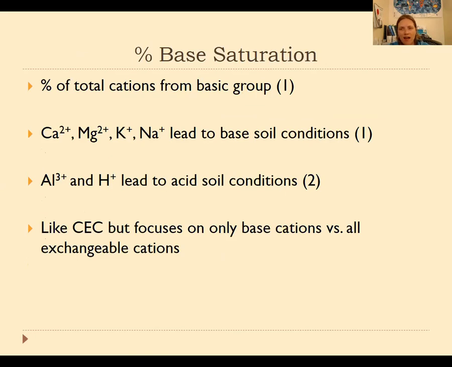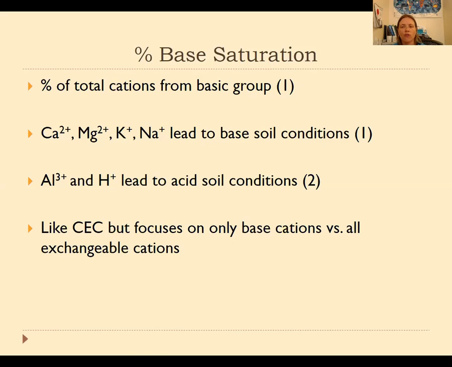Okay, so we mentioned this idea of base saturation last week. And remember that we said base saturation is basically the percentage of total cations that we can measure in the soil that are part of the base cation group, or group 1 from this particular slide. So of the total cations that we can strip off the soil colloid surface, and remember we mentioned we could do that by introducing some sort of acetate compound, we could see how many cations are there, and then of those we'd be interested to know which ones are calcium, magnesium, potassium, and sodium, because these are the elements that lead to the basic or alkaline conditions,